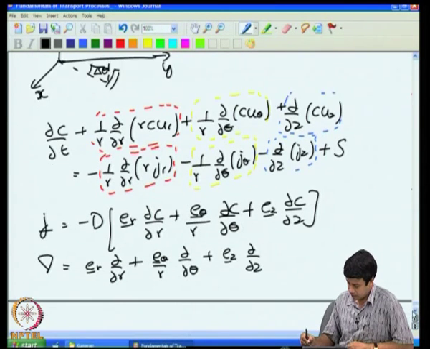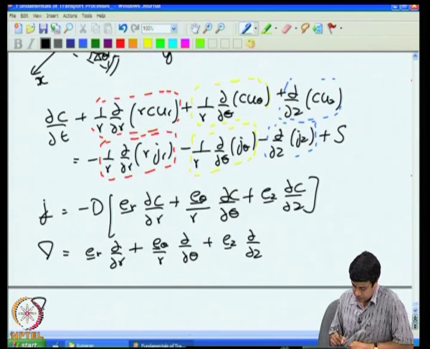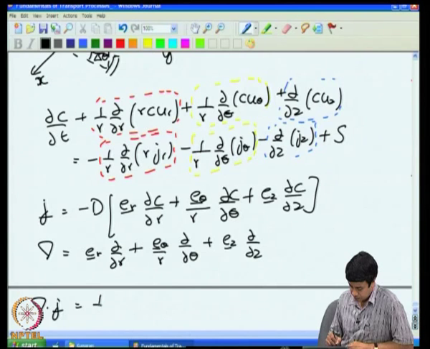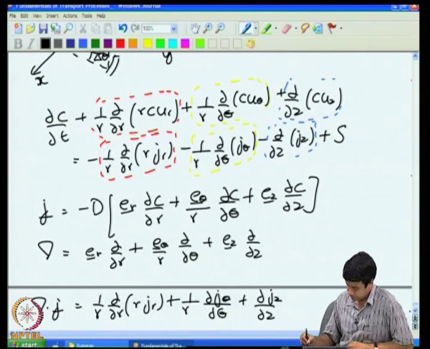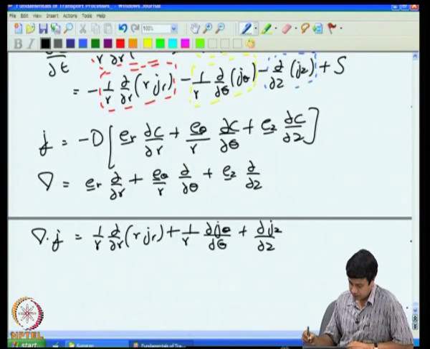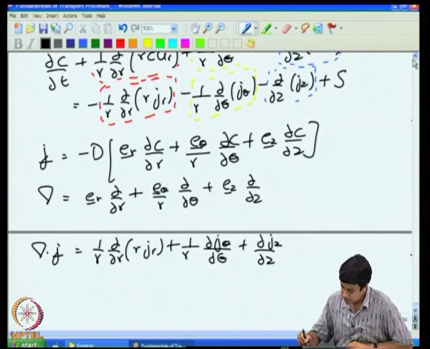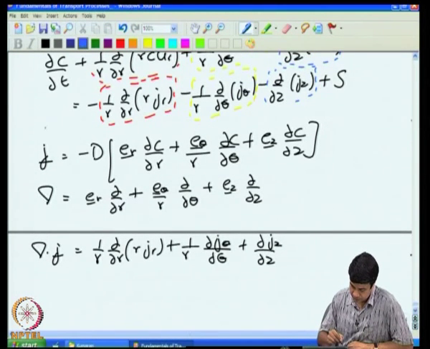That is the gradient operator, and the divergence del dot J can be written as 1 by r d by dr of r J_r plus 1 over r partial J_theta plus partial J_z by partial z. Okay. If I substitute the expression for the flux